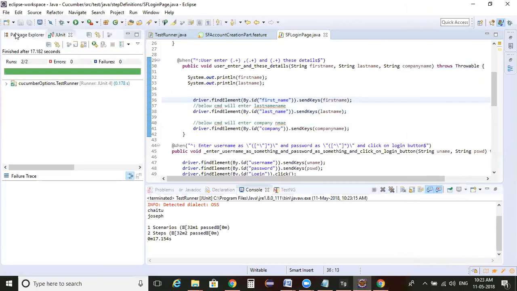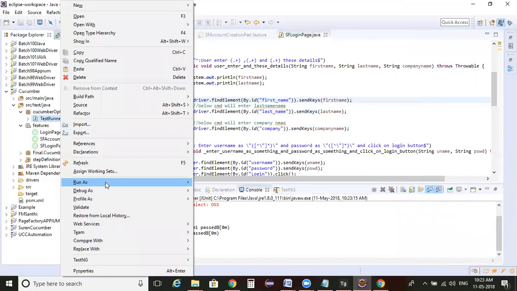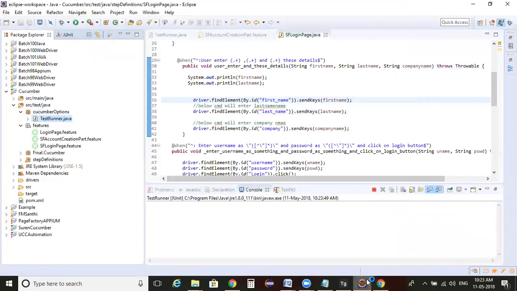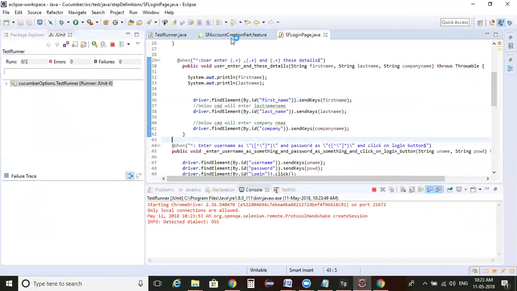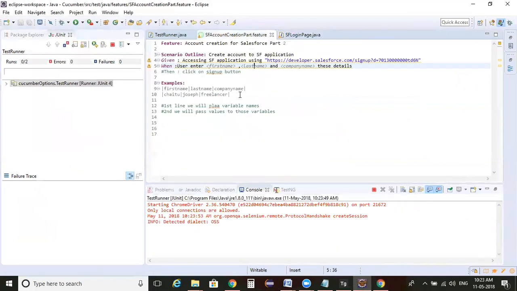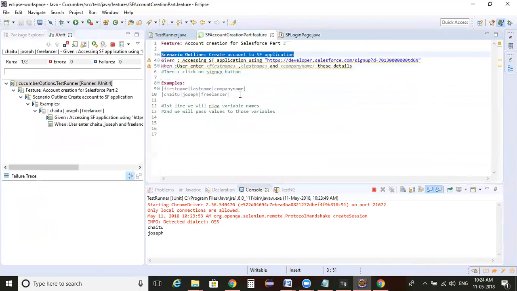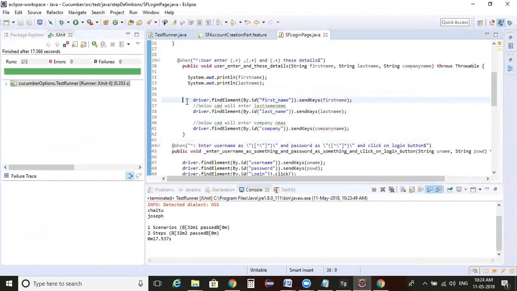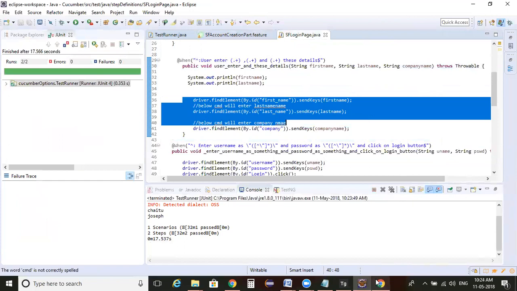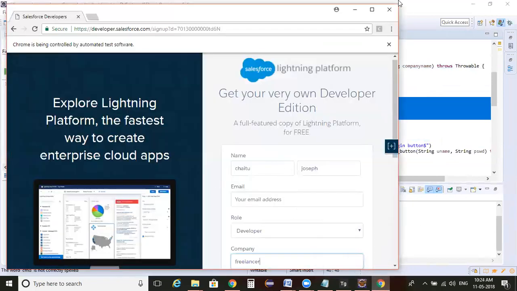Okay, cool. So this is the way exactly we can pass this information and how we can execute that. The ultimate point is we are passing the desired sets of data under the examples. The basic thumb rule is we need to define this scenario outline for sure. Whenever you would like to enter that particular information, you need to define it as a scenario outline. And this time I uncommented the code which will enter the username, first name and last name. It executed the first name and last name.